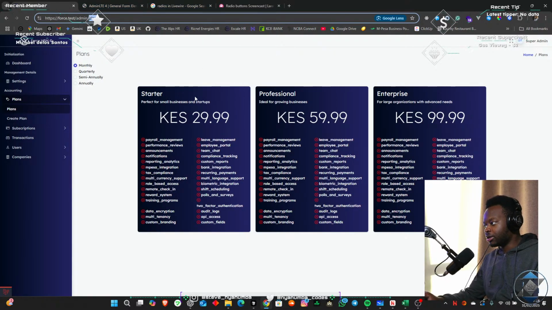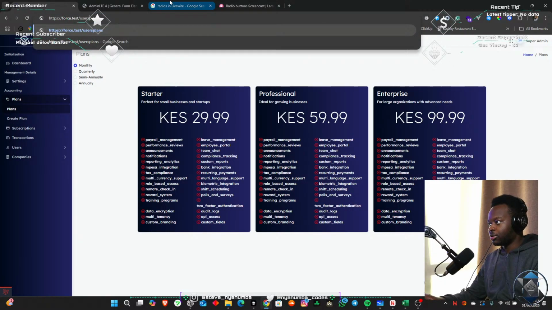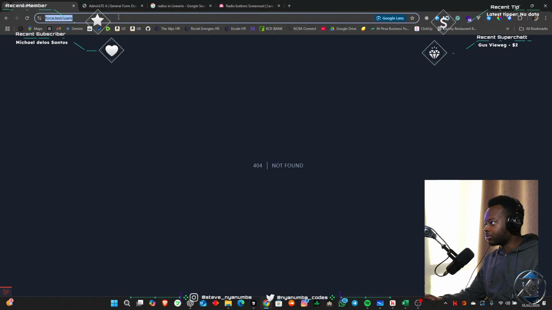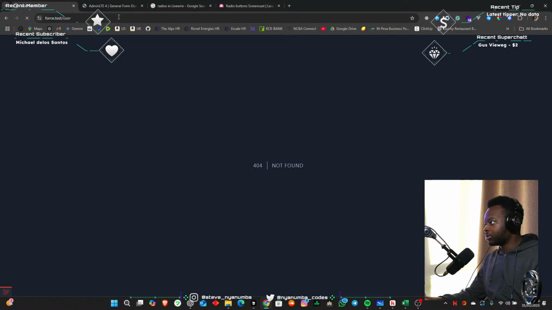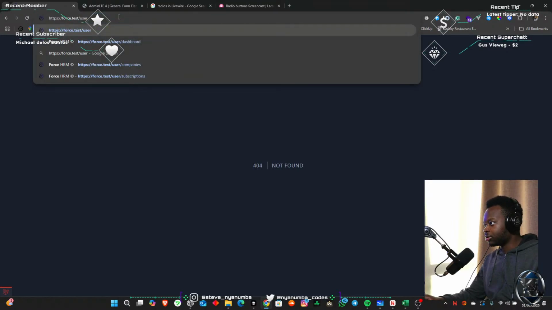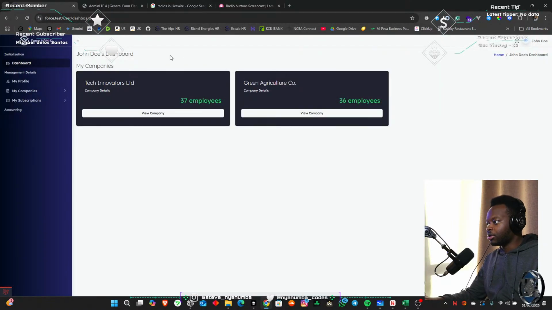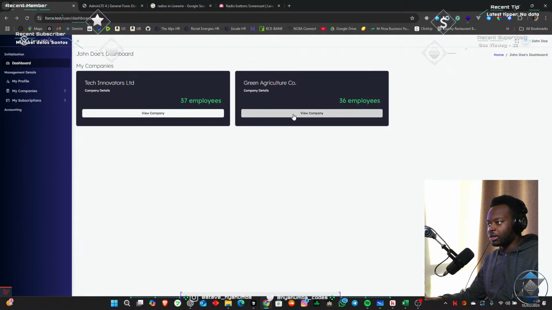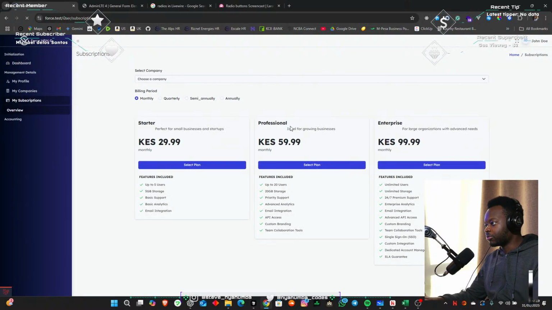So in this situation, let's just go to the users section. Is it user dashboard, I think? Yeah. So this is the site for the users where they're able to manage their own companies. These are the list of the companies that they manage. In order to get into their companies, they just click view company and they're able to see it. But not in a situation where there's a company that they've not subscribed for, they have to